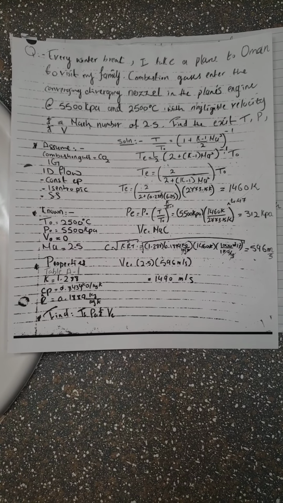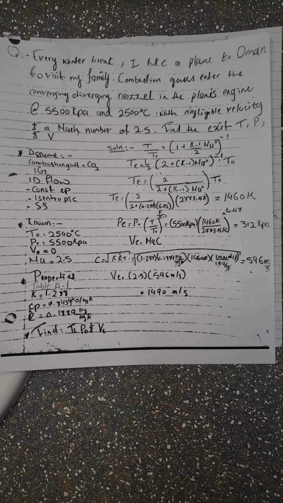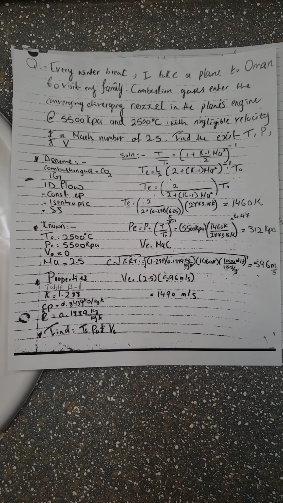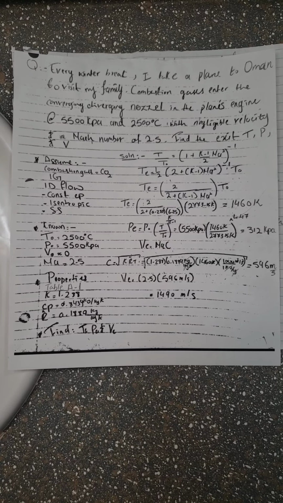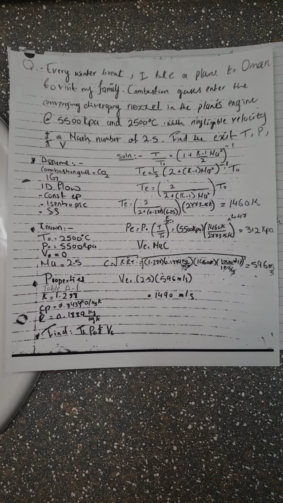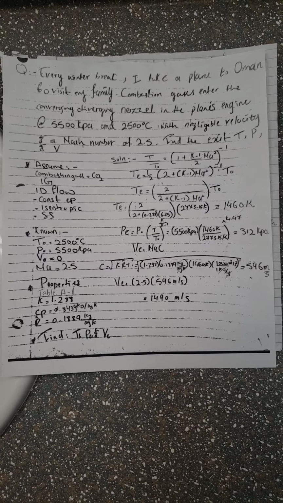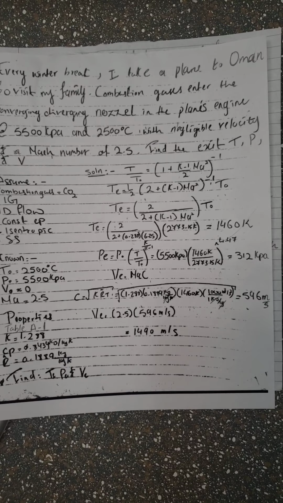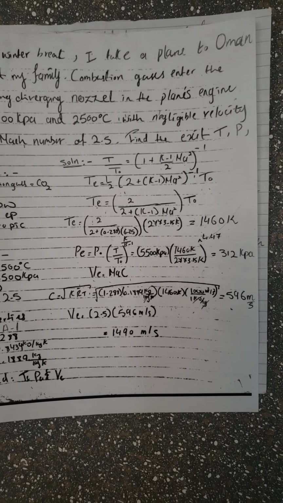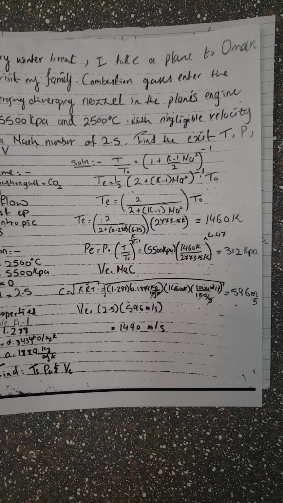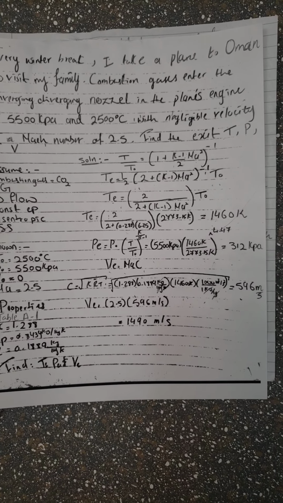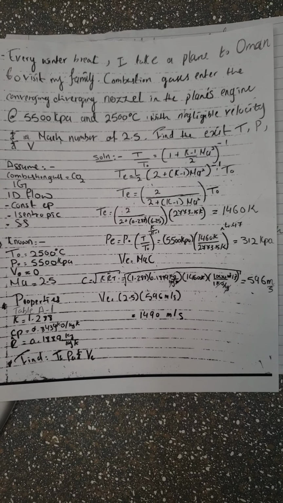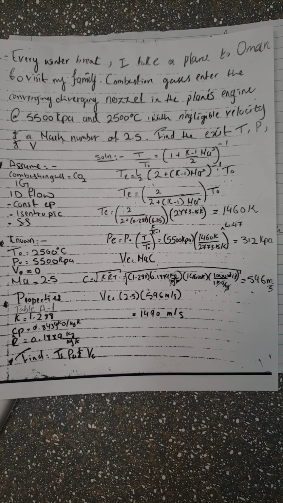Known as the stagnation temperature, pressure, and velocity, and we know that the Mach number is 2.5. Properties, we get that from table A1. The k value is 1.288, the Cp is 0.8434, and the R hat is 0.1889. We need to find the exiting velocity, pressure, and temperature. So we use the equations from table A1 and we plug in all of our knowns and we get an exiting temperature of 1,460, an exiting pressure of 312 kPa, and to solve for the exiting velocity, we need to